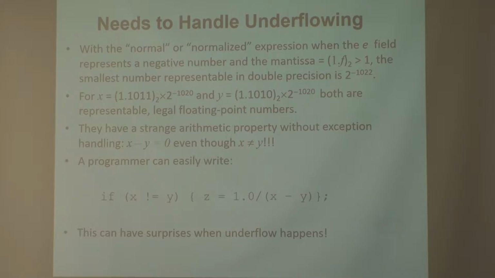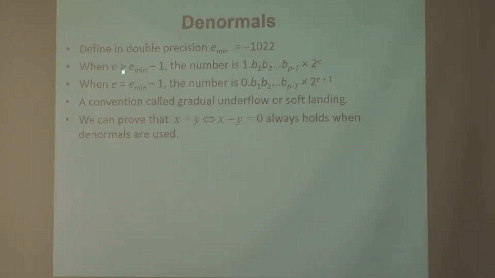How small? Check the exponent field. When the exponent field is less than a critical bias, then the representation is changed from 1 point f to 0 point f. You see, did I document it here? Yes, here. So when E is checked, when it's larger, then it's this behavior, these representations. When the exponent is less than the minimal exponent that you can have, then the mantissa means 0 times this.